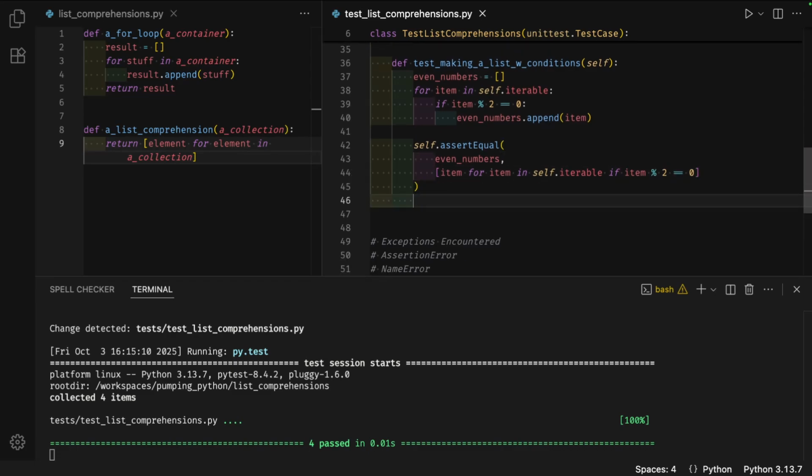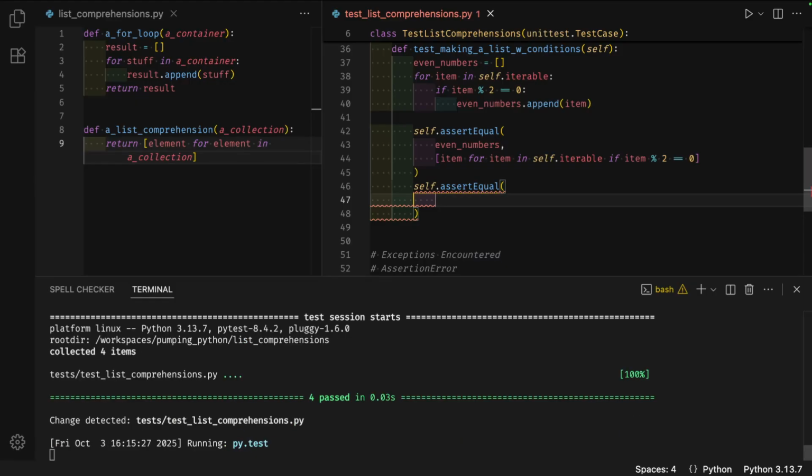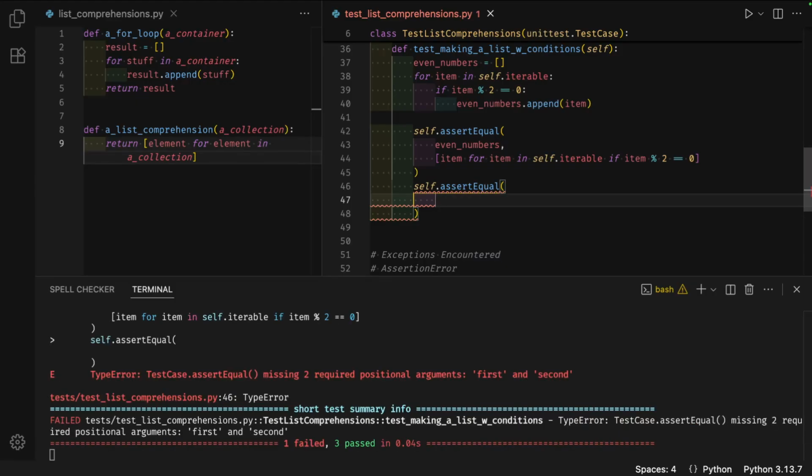I'll add another assertion. self.assertEqual(source.list_comprehensions.get_even_numbers(self.iterable),